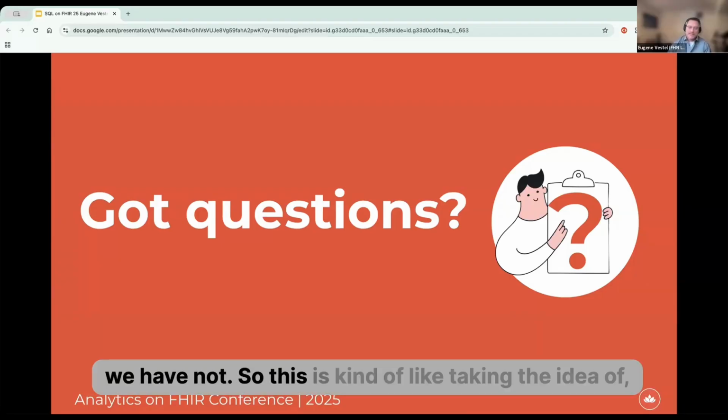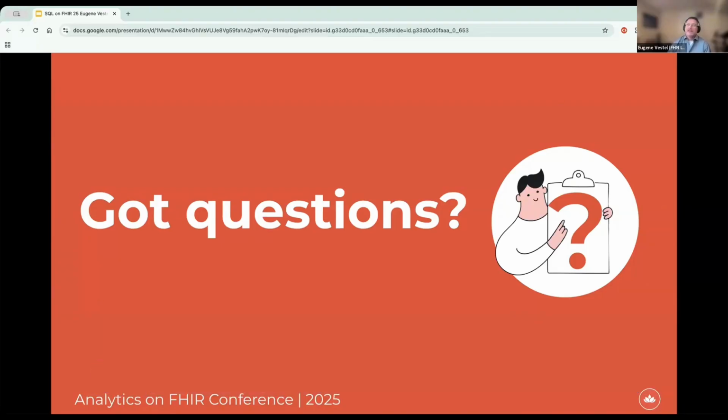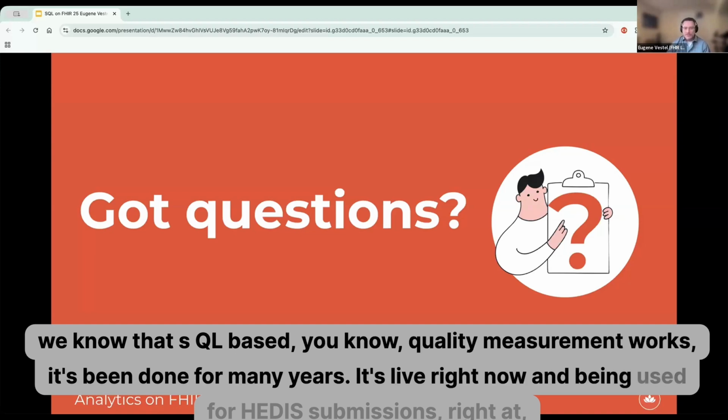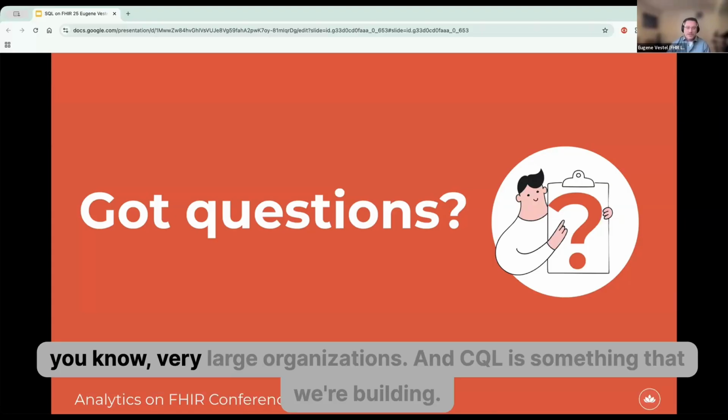We have not. So this is kind of like taking the idea of, we know that SQL-based quality measurement works. It's been done for many years. It's live right now and being used for HEDIS submissions, right, at very large organizations. And CQL is something that we're building.